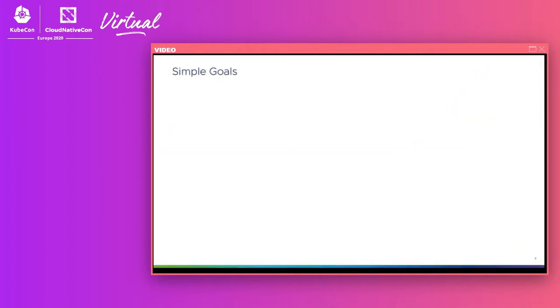So to set some simple goals for our demonstration system, our experiment system, we want to be able to experiment locally and build and deploy in our staging cluster. This is just because this is the way I work. When I'm doing any sort of data science or working with features or doing any sort of experimentation, I'm generally starting by experimenting locally. And then at some point I'm going to build and deploy, but that's going to happen in a cluster somewhere